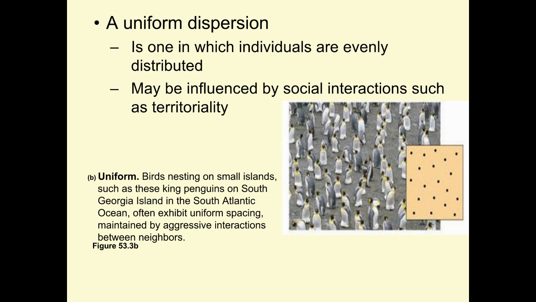Okay? Uniform dispersion is really when you start getting organisms that are worried about maintaining their territory. So here, although it looks more like clumps, these penguins are actually protecting their area, their little nest on the ground and their little egg. So they're actually displaying a uniform dispersion because they're protecting their small little territory. You think about birds nesting on a cliff, maintaining their nest and keeping other birds away from their nest.